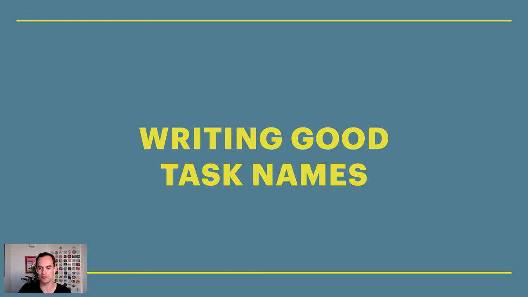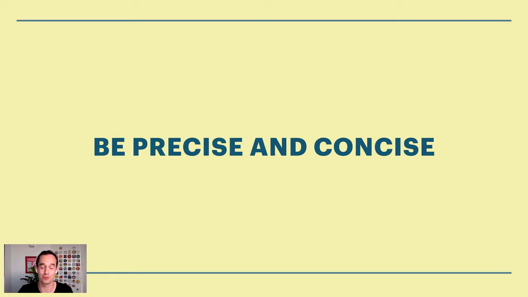This is something that I think is very underrated. People don't really talk about it too often when they're talking about task management. When I watch YouTube videos by people talking about productivity, it's often like, check out this cool new app. And I'm like, that's fantastic. But you're doing such a poor job listing your tasks. You don't need a fancy app, because it's much better to get the basics down. And writing good task names is such a basic thing. Grab a notebook if you must, but write good task names.